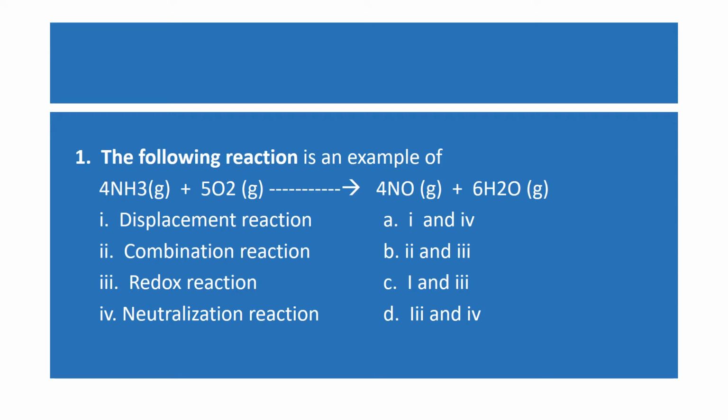Next, it is not the neutralization reaction, because in neutralization reaction an ion exchange takes place. Here only O2 is there, and this is not an ionic compound, so this is wrong. Combination reaction is also wrong, because in this two or more substances react to form a single substance. And the displacement reaction is also correct here, because oxygen is displacing hydrogen from nitrogen. So this is the first and third option, which is C. So option C is correct.